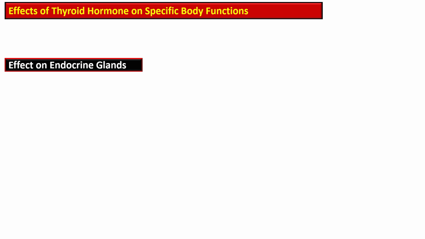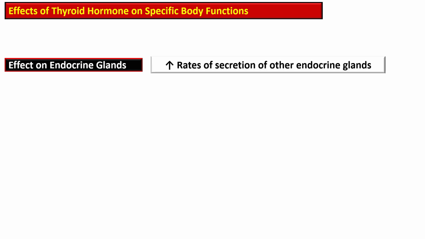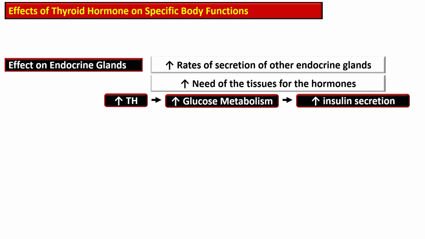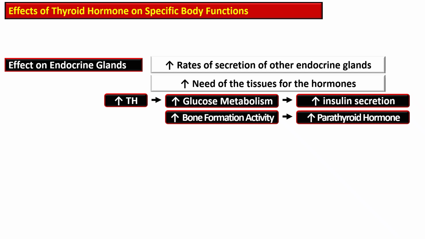The thyroid gland affects the rate of secretion of other endocrine glands due to the increased need of the tissue for the hormone. Increased thyroid hormone causes increased glucose metabolism, so increased insulin secretion is required. Increased bone forming and turnover activity is needed, so the parathyroid hormone